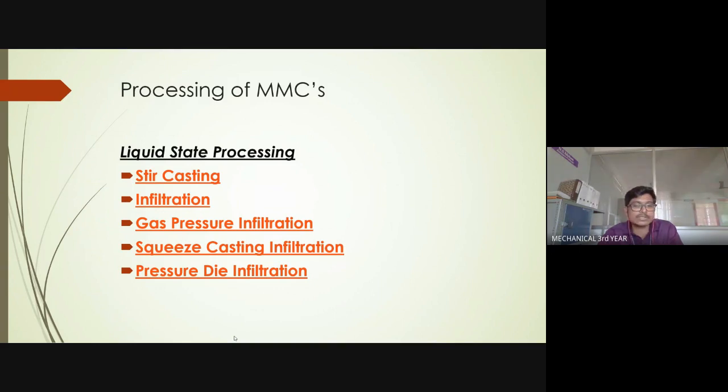Okay, so stir casting is nothing but, as you would have studied in your manufacturing technology one, it is done by mechanical stirring. Stirring is nothing but you're going to stir with a stirrer. It has to be continued for a period of time, so the metal will continue staying in the liquid state. Okay, so infiltration is